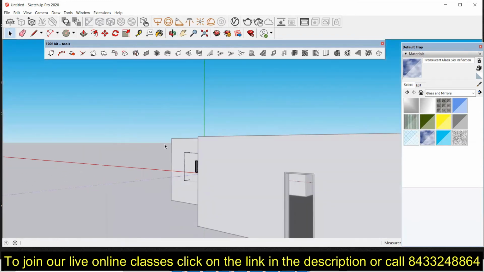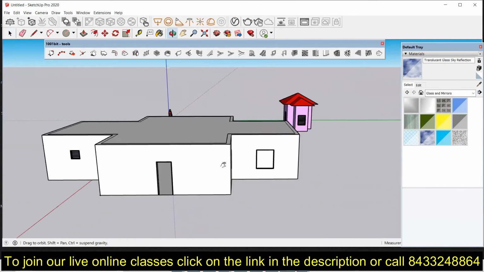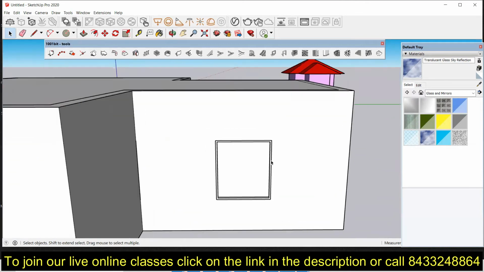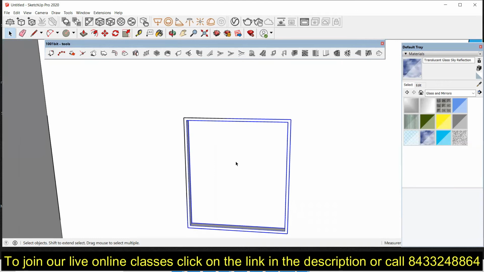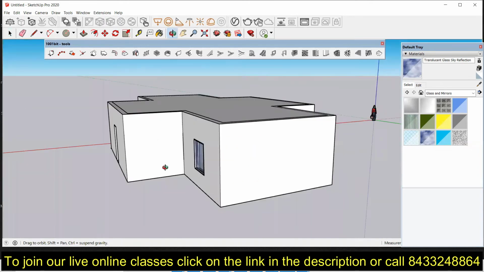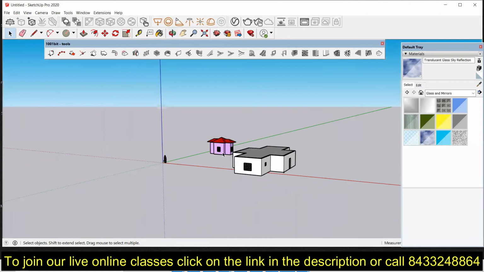Now over here, if you want to make a mirrored glass, then you can also go for that. You just have to select the surface and then you can apply the glass to it. So this is very easy if you are working with this. Now